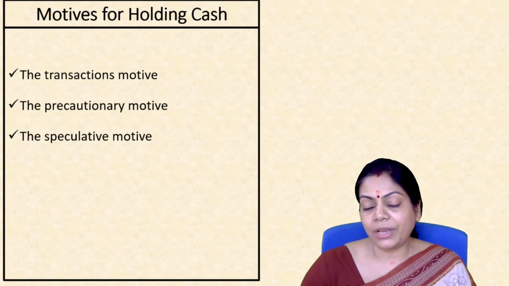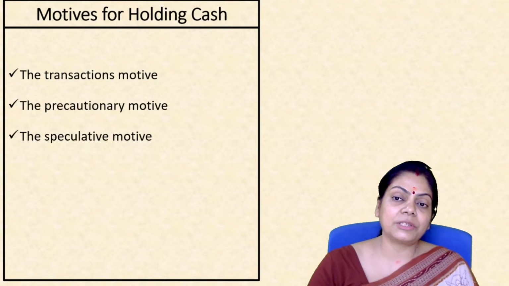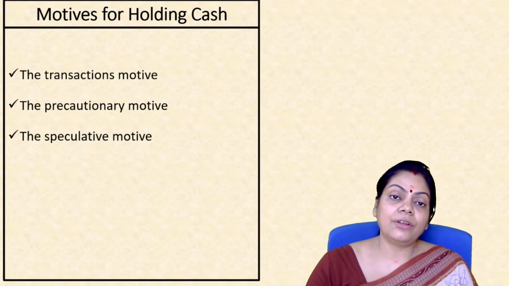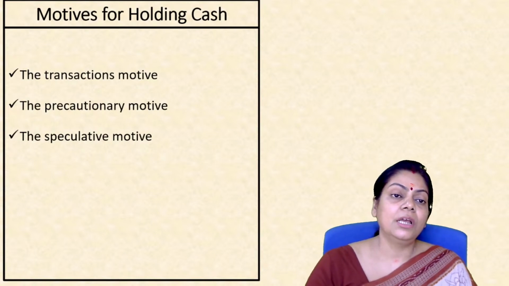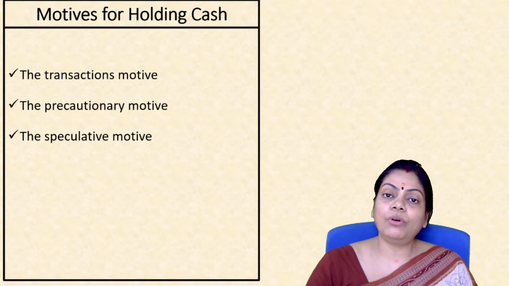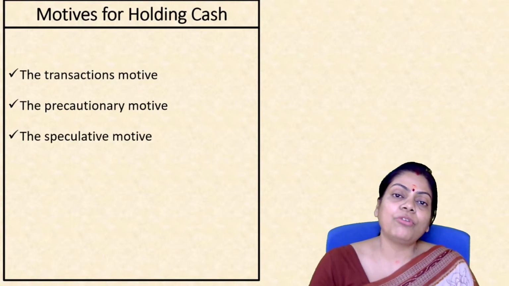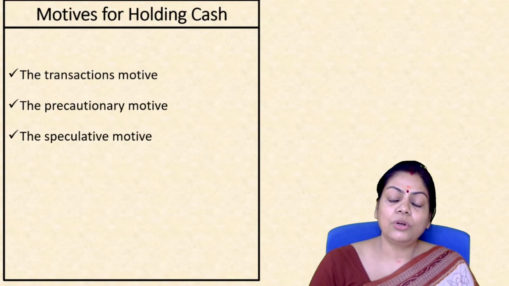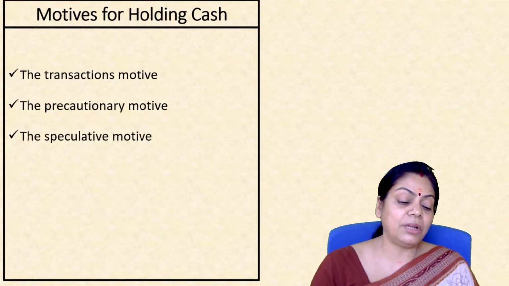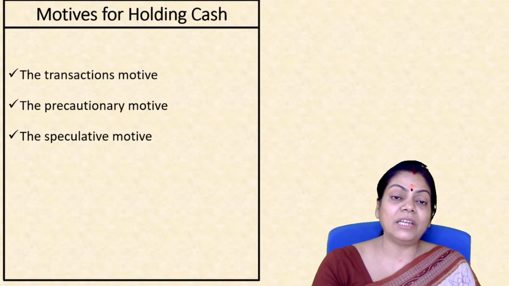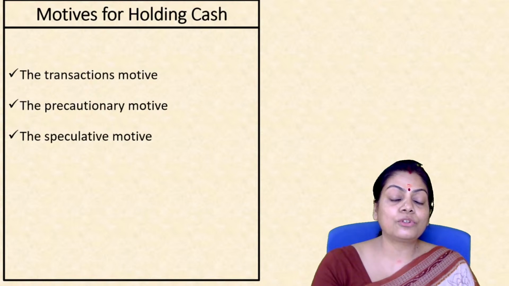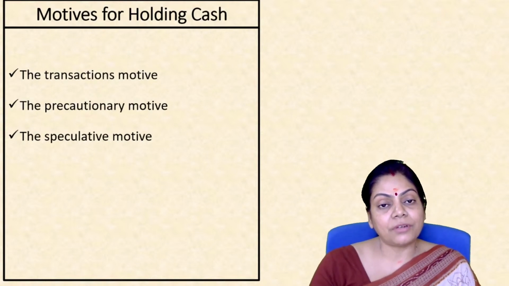Now, coming to why companies need cash. We started the class with why cash is needed, with all sorts of activities you need cash. Now, the motives of holding cash are manifold. Companies hold cash simply because nobody is comfortable with not having cash. Like us as individuals, if we are asked to operate without any cash, we will be uncomfortable. All of us know that. Similarly, when an organization is asked to manage with a little bit of cash or no cash, they also become very uncomfortable. So we need to have a certain amount of cash in hand.